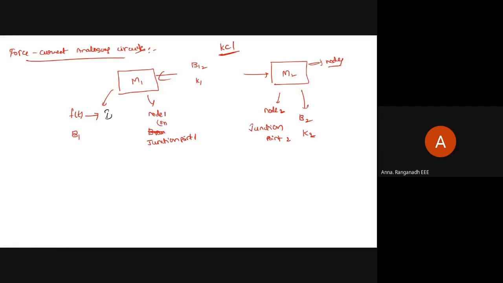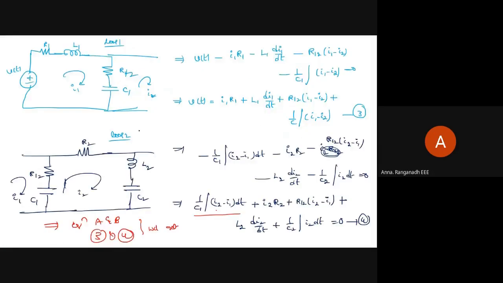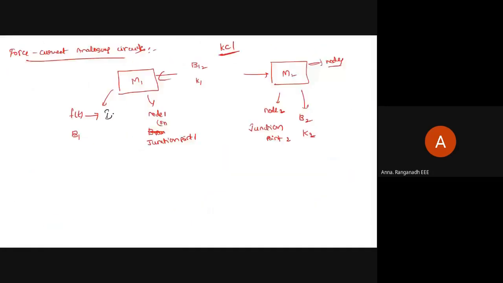It's a current I, because in the force-voltage analogy, f of t becomes v of t, but here in the current analogy, f of t becomes I of t, and B1 will become what? 1 by R1. Yeah, 1 by R1. While writing analogous elements, you can write 1 by R1. While drawing the circuit, you can consider R1 only, no problem. Similarly, here M1 is there. One parameter you need to write is M1. For M1, what is the analogous element? C1. Previously it was L1, now it is C1.